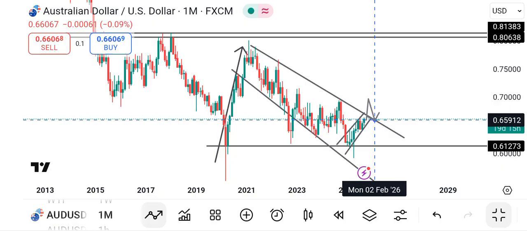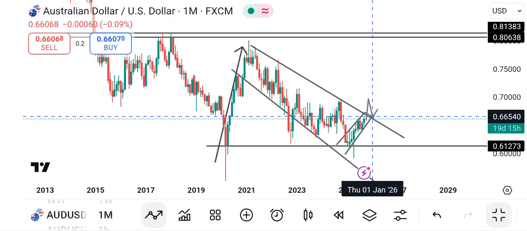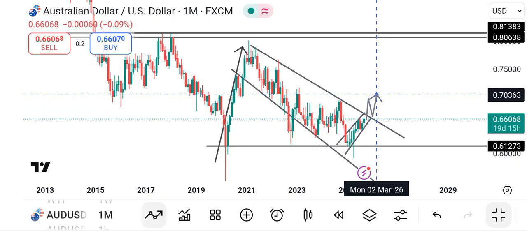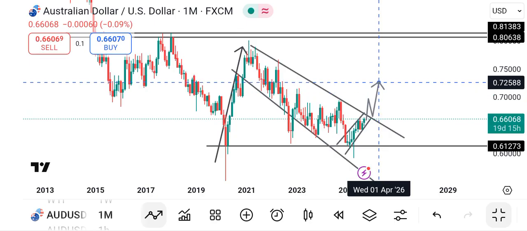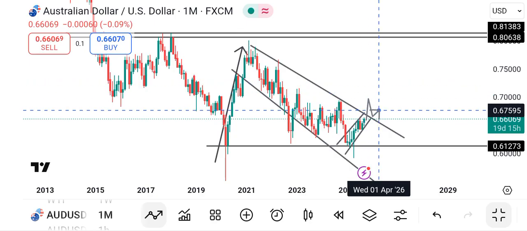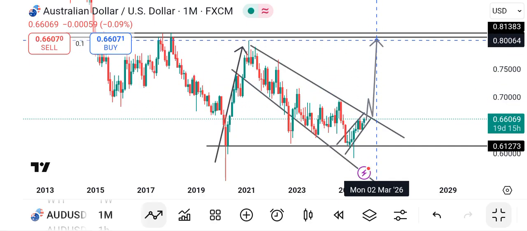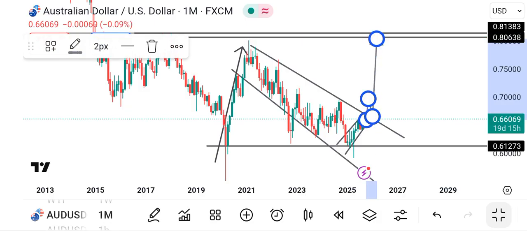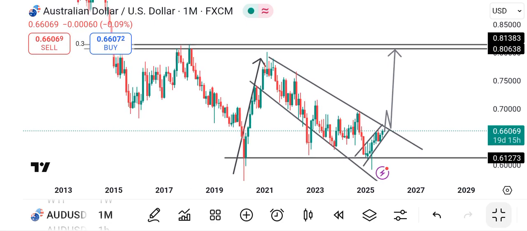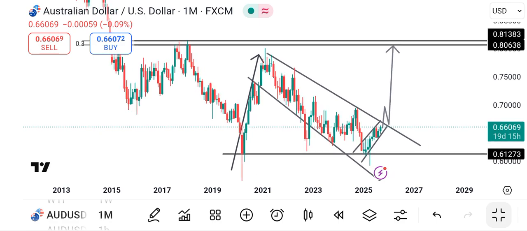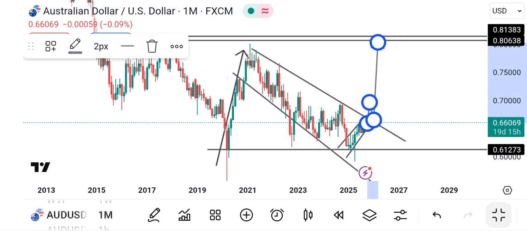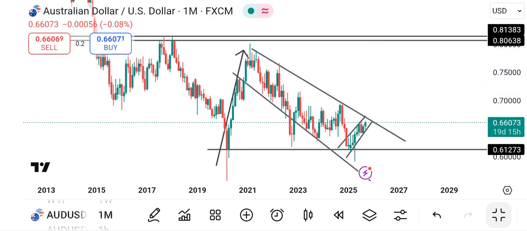But if it sustains outside this trend line and bounces off of it, that means we are coming here. These are about 1,000 pips plus. That means we are coming here, no doubt. We are coming here. But before that, we have to be very careful of this particular monthly trend line and